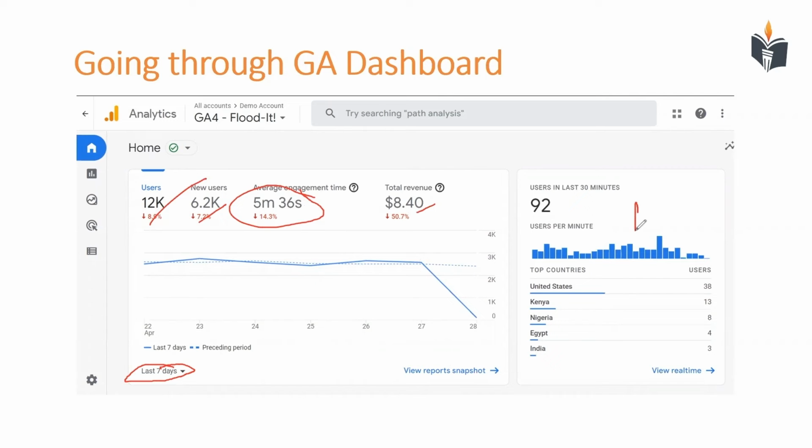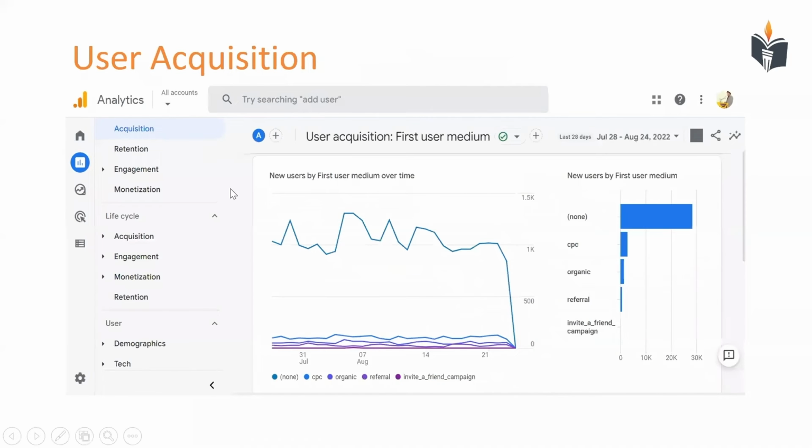Then here, you can add what is important for you on the home page. So here in the last 30 minutes, where are the users coming from? So this is the Google Analytics dashboard, and then we'll move ahead with knowing different parts of Google Analytics one by one. So first comes user acquisition.